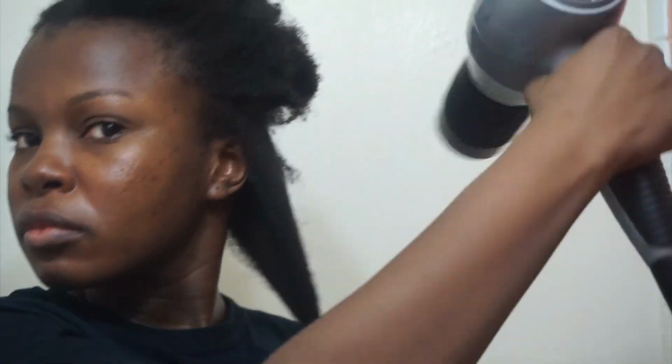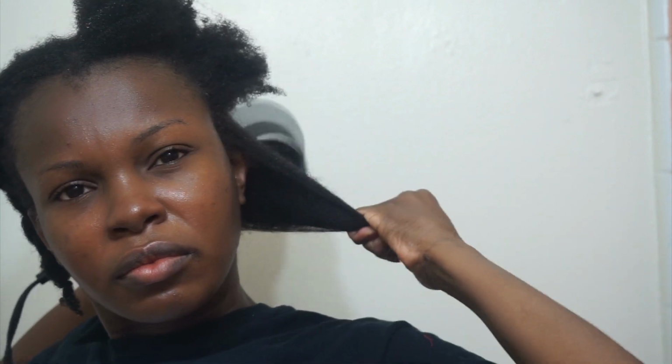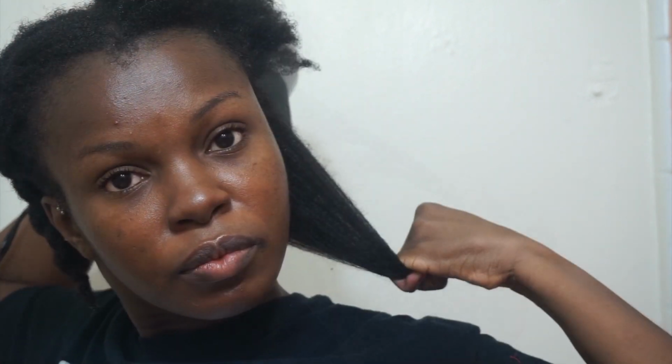So now I'm blowing out my hair. I should have probably had that nozzle that directs the heat to one specific area, but I don't. So I was just blow drying section by section. What I'm doing here is stretching my hair with the tension method, pulling my hair and concentrating the heat on the section. As you can see, it's